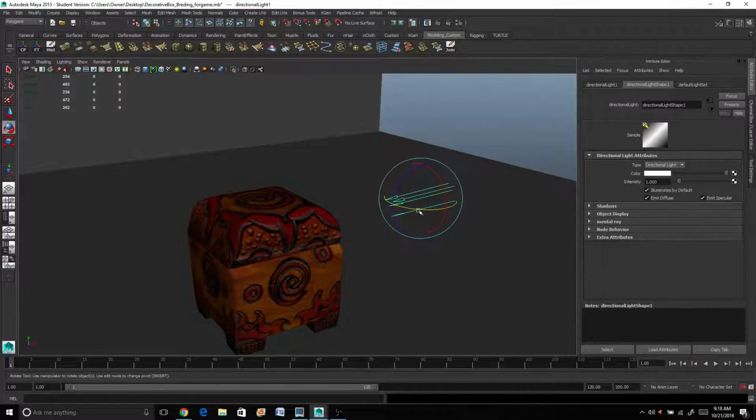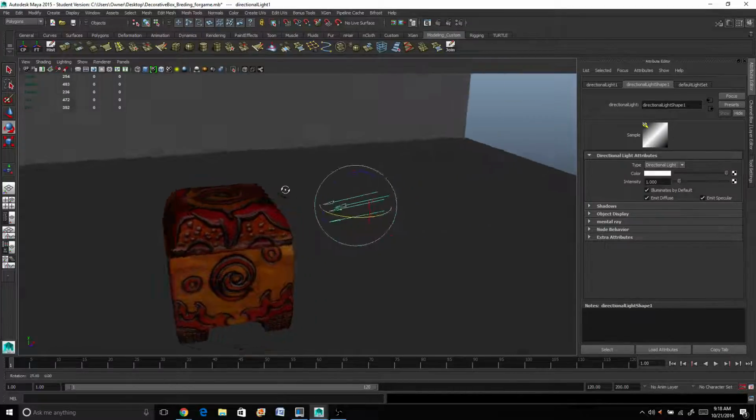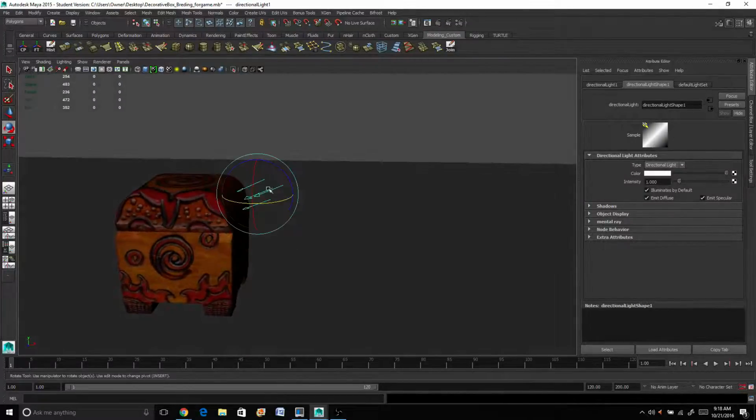Alright, so I have my light positioned. If you look at the directional light shape 1 tab here, you can see that it tells me I have a directional light. The color right now is white. Intensity is at 1. Those things are all fine for me. I want to turn off